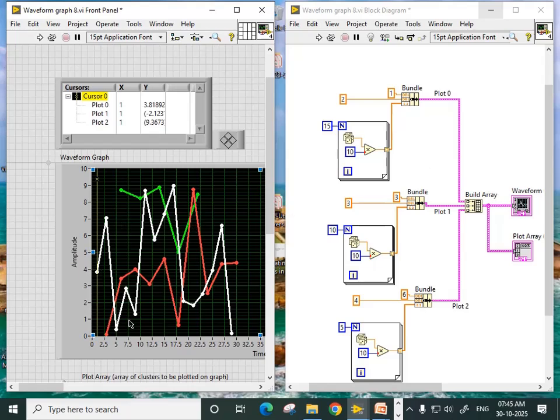This is the first value of plot 0, and the next value comes at index 3, then at index 5, then 7, 9, 11, 13,